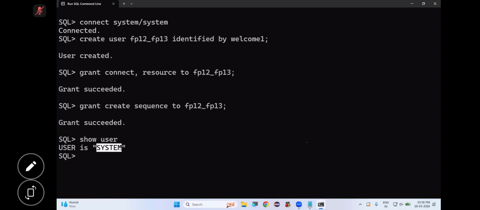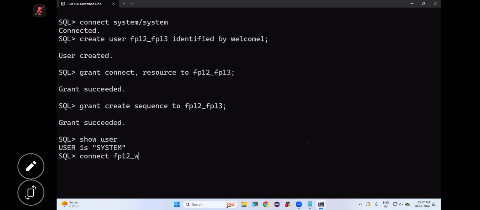User is system. But we created our own user now. So let's disconnect this user and connect with our user. So we need to type first disconnect, then connect. No need, directly connect our user. Automatically system user will be disconnected and our user will be connected if you want like that. Instead of doing disconnect, then connect, directly you can say connect our user. The user which is already connected is automatically disconnected. Are you following or not? So connect,